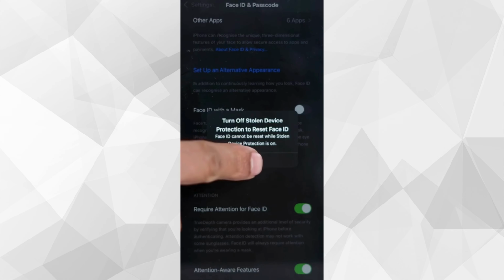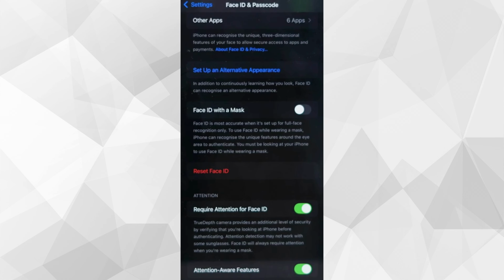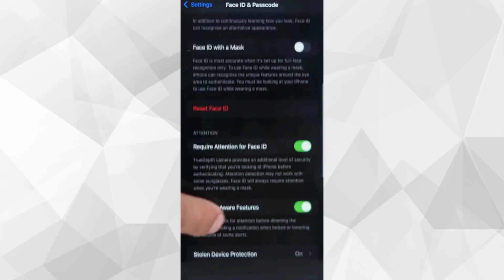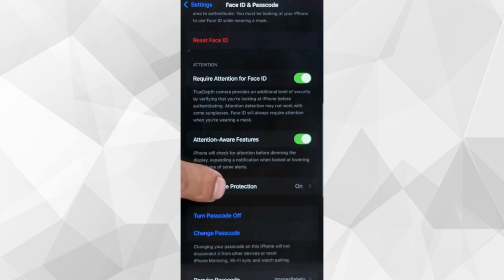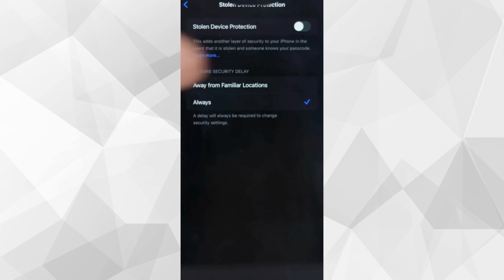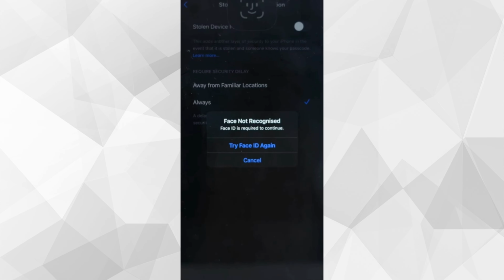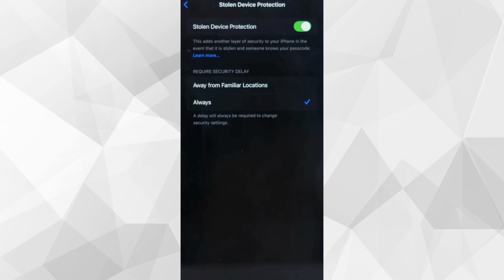is on, you need to disable this feature first. To turn off Stolen Device Protection, navigate to Stolen Device Protection right from here, but keep in mind that it will ask for Face ID verification. If Face ID is not working, you would not be able to turn it off, which means you also cannot